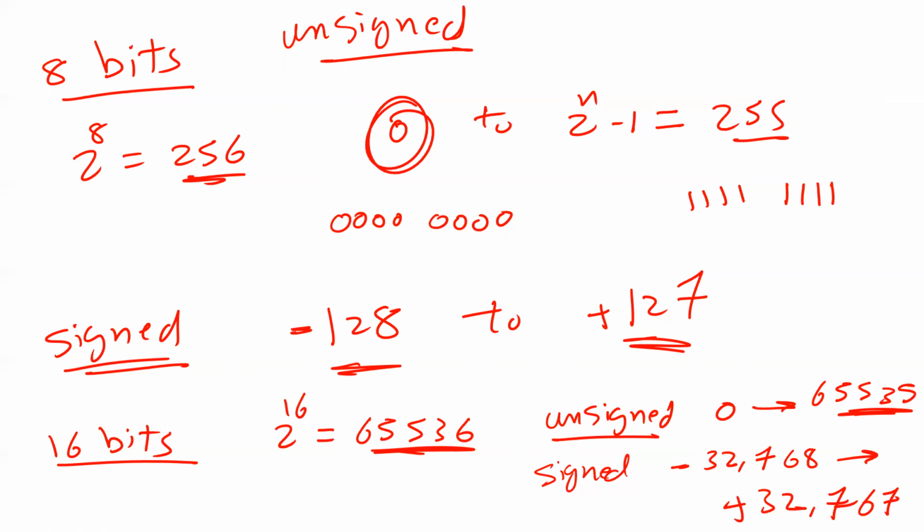Is that okay? But if you look at 16-bit, in case of unsigned, it should be from 0 to 65,535. In case of signed, it should be minus 32768 or positive 32767. So positive is 1 less. Is that okay, guys? So again, what I'm explaining here in this slide is, if you have an n-bit number, what is the minimum number and what is the range? Minimum and maximum number you can represent in an 8-bit number, in 8 or 16, in any n-bit numbers. Is that okay, guys?